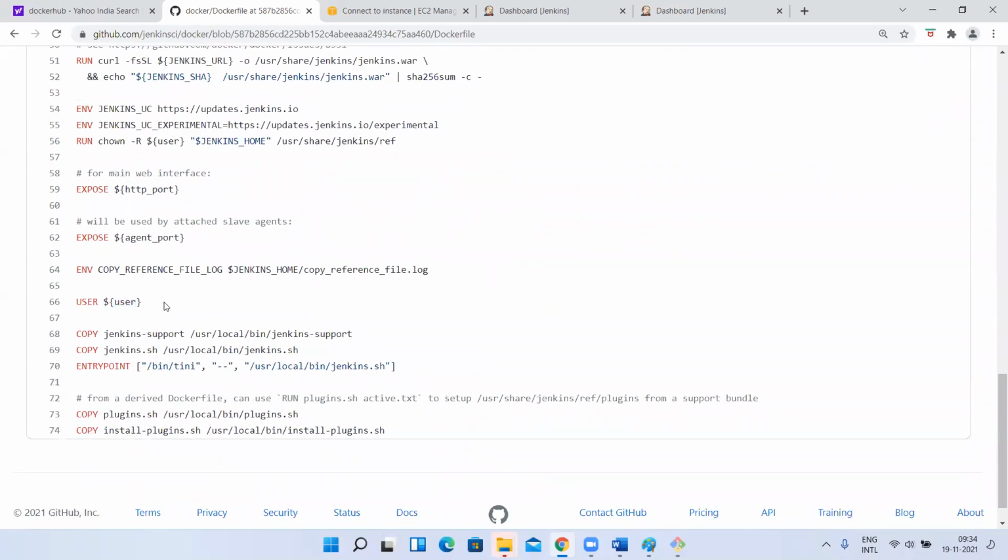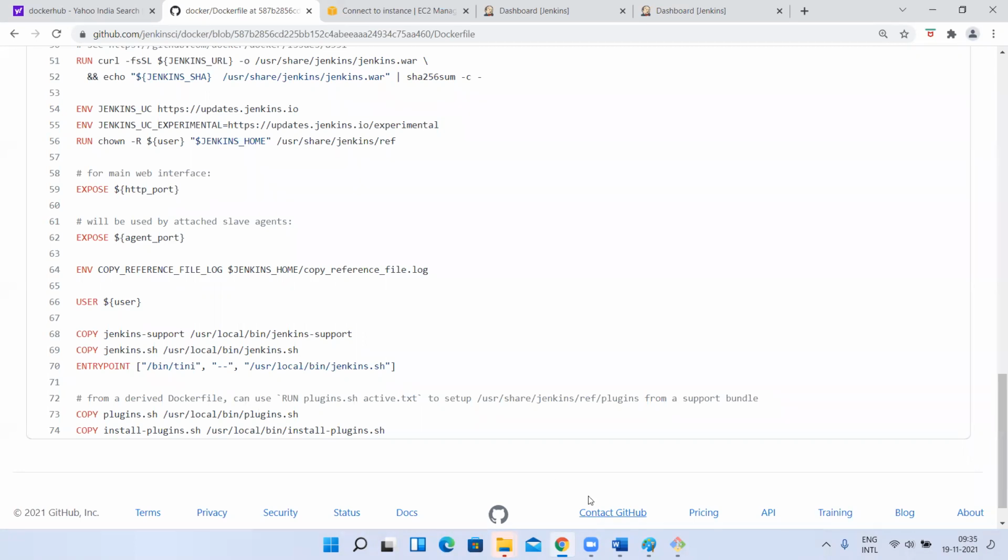So when you are using a custom user other than the root user in your Dockerfile, first you have to make sure that user is created. If you are not creating that user and simply give USER Pawan, it will throw an error, because that user is not there on the base OS. So first you have to create that user. Understood, guys?